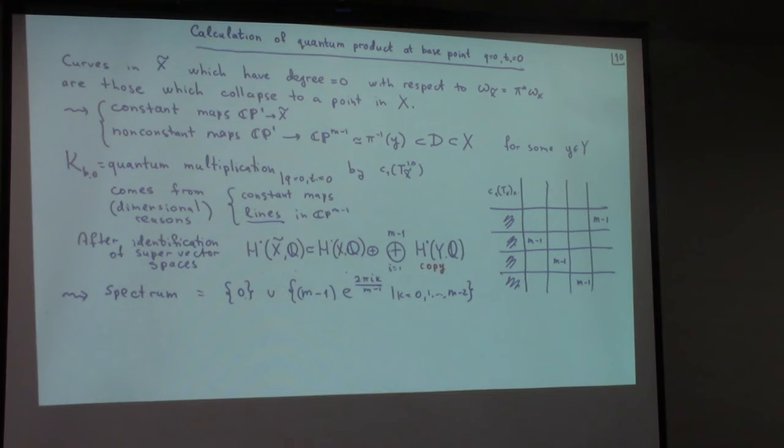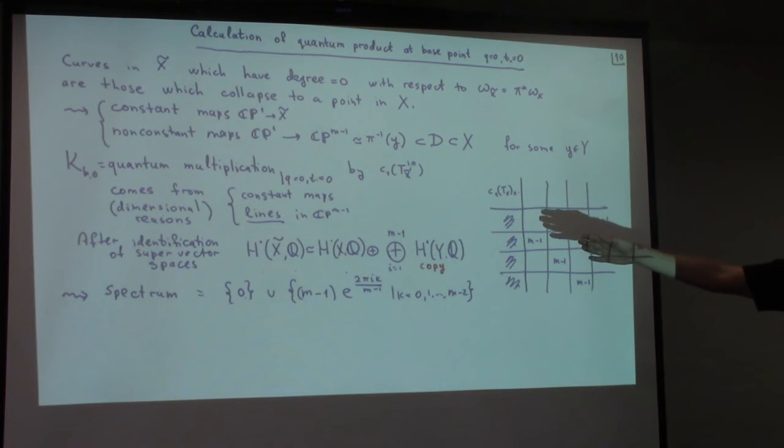Now consider quantum multiplication at this limiting point by this first Chern class. And by dimensional reasons, among these non-composite curves in projective space, only lines contribute; curves of degree 2, 3 will give too large dimension. So I get just two types of thing. And if I identify